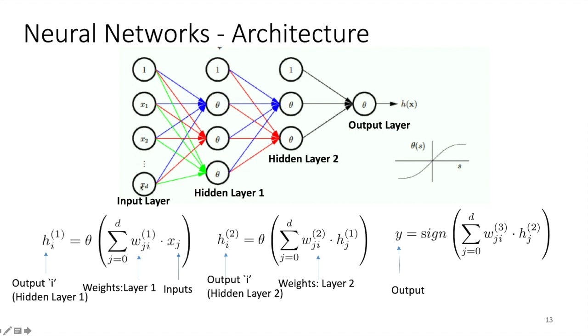You have an input layer and an output layer. Every time, the output of the first layer is going to be the input of the hidden layers, the subsequent layer. That's why, to calculate the h for layer 2, the hidden layer 2, you're going to have a nonlinear function, we call it theta here, which is a summation of all the weights of the neurons multiplied by the input, but the input was the output of the first layer. So the output of the first layer comes as the input of the second layer.